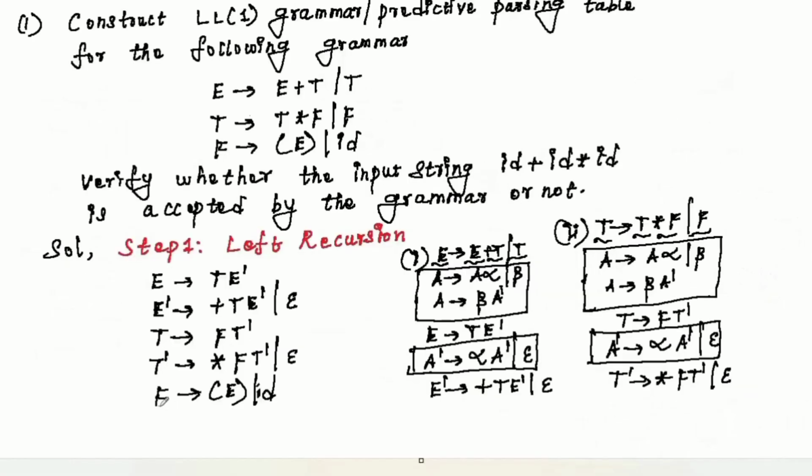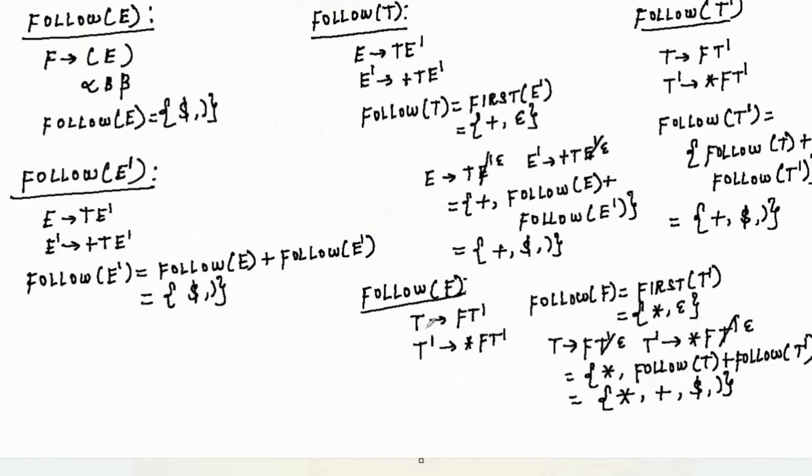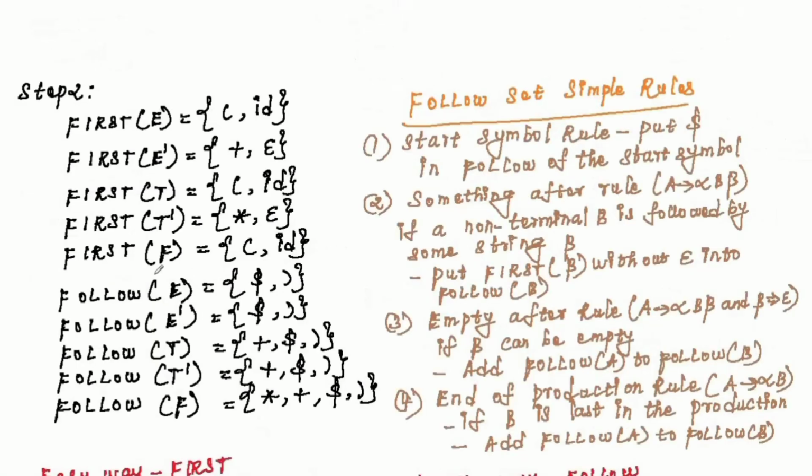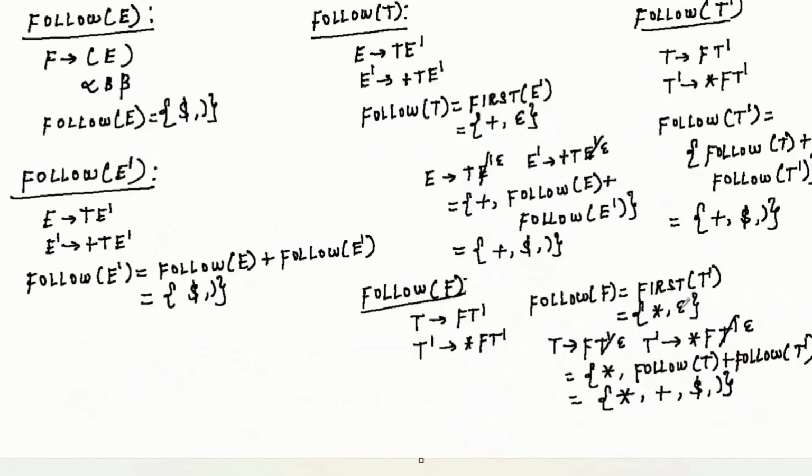The production of follow of F is in the right hand side. T tends to FT dash, T dash tends to star FT dash. Here you write T tends to FT dash, T dash tends to star FT dash. Follow of F, first of T dash. First of T dash is going to be star epsilon. Then write star; in T tends to FT dash, epsilon vanishes, then take follow position of T plus here star FT